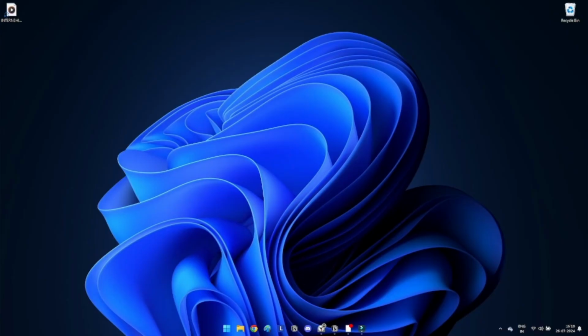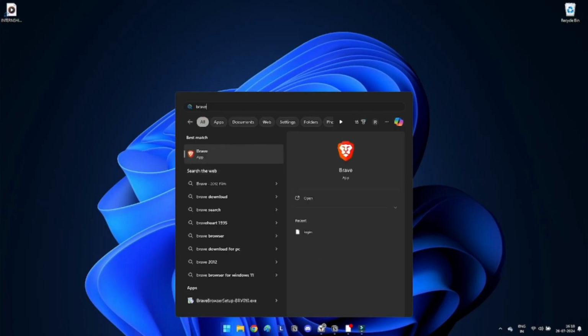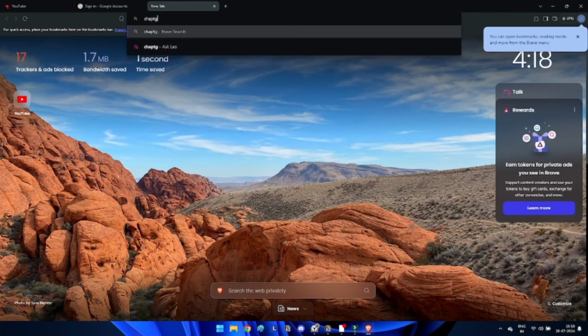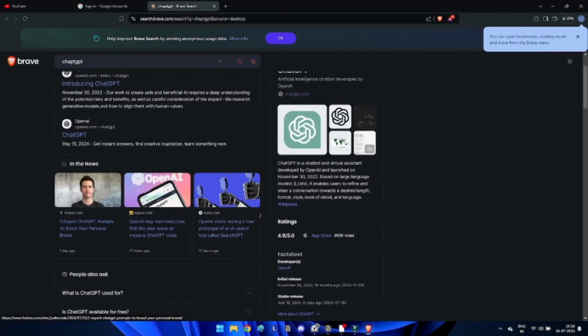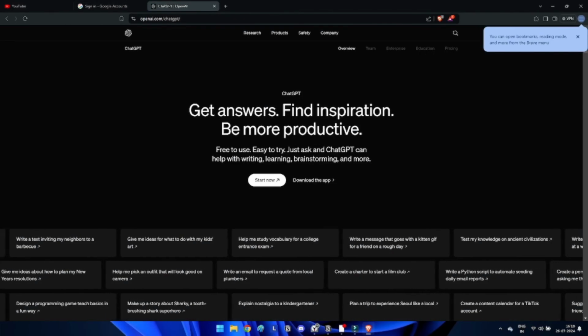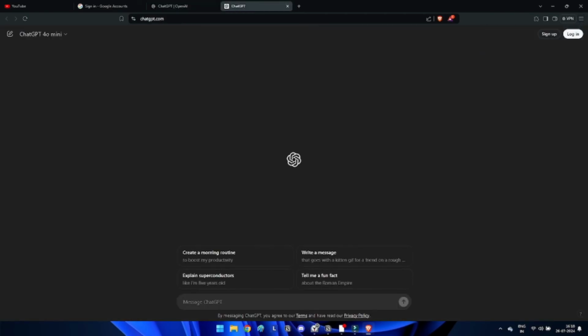Method 10. If the ChatGPT internal server issue persists, try accessing ChatGPT with a different web browser. Sometimes browser-specific issues can cause the error. Switching to another browser like Firefox, Edge or Safari can help you determine if the ChatGPT internal server error is a